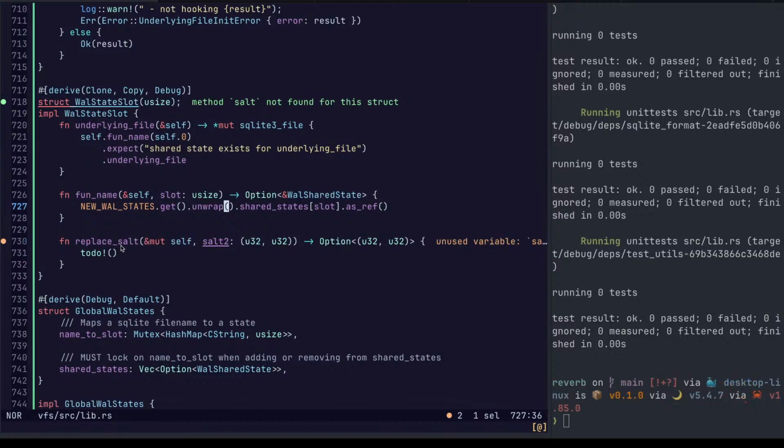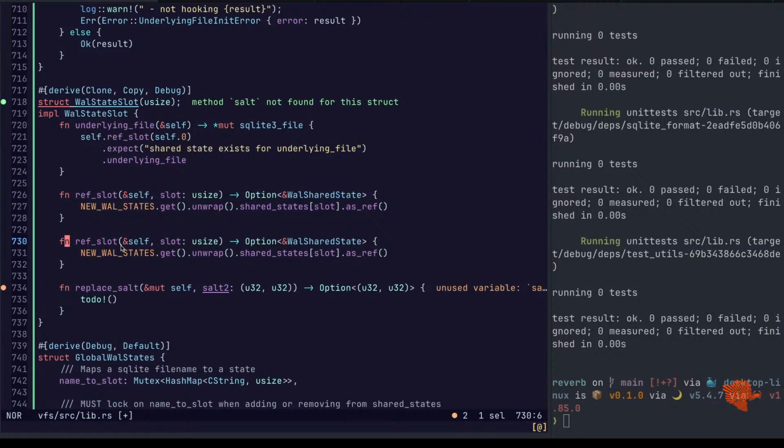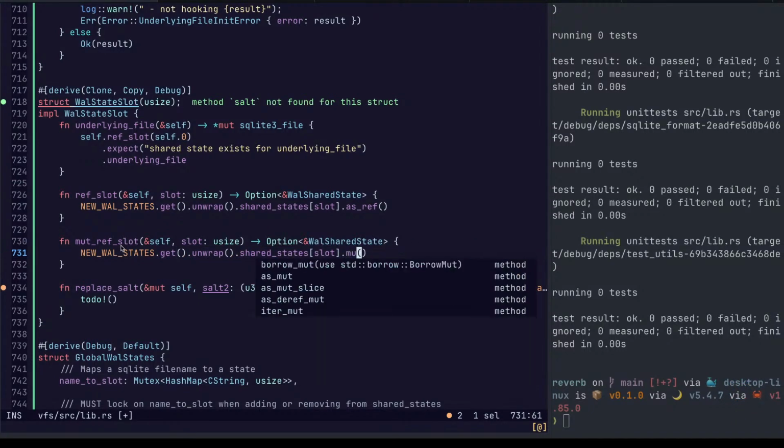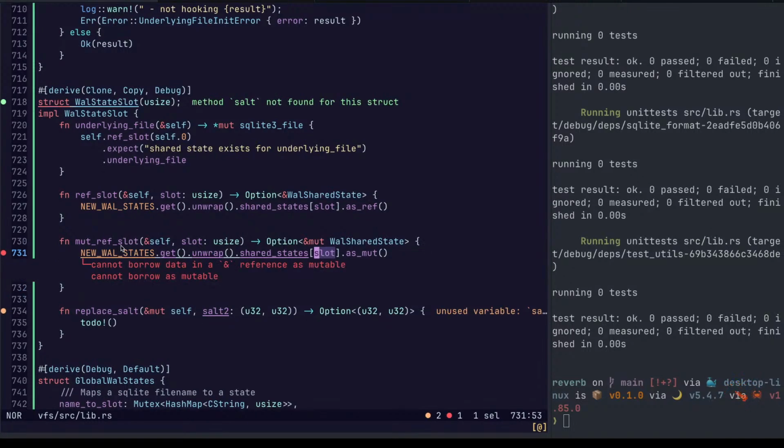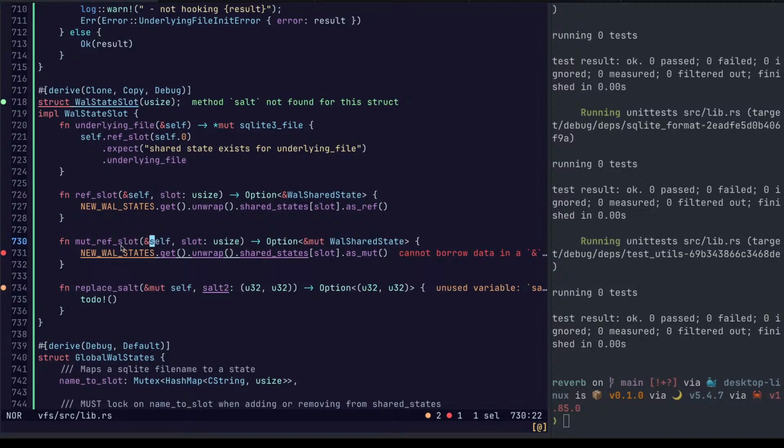Okay. Now this is, let's call it slot ref, or ref slot. I think we're going to need a mutable reference to a slot. Cannot borrow. What?